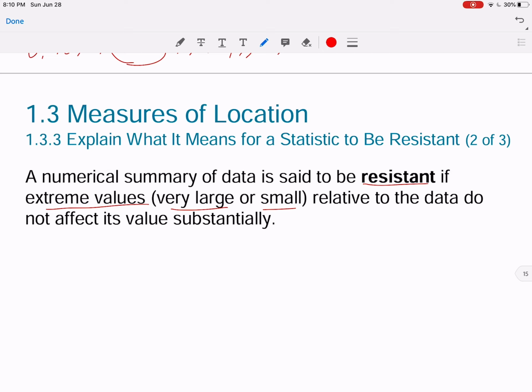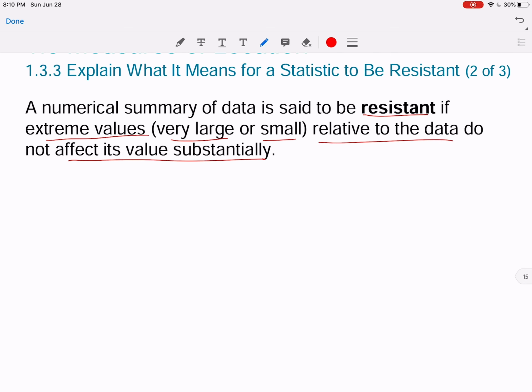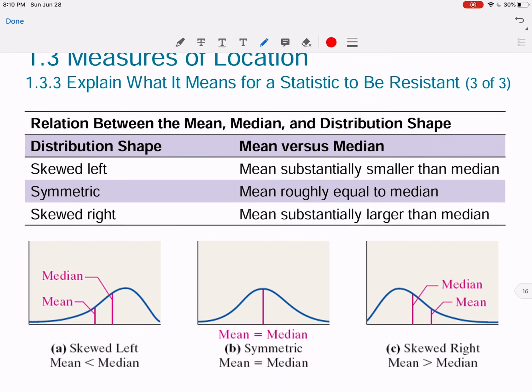If the extreme values relative to the data do not affect its value substantially. So comparing to the mean, the median is not affected by the extremely large number substantially. So we say the median is resistant, but the mean is not, because the mean is affected by the extremely large number quite substantially. Now once we know this, let's take a look at the relation between the mean, median,